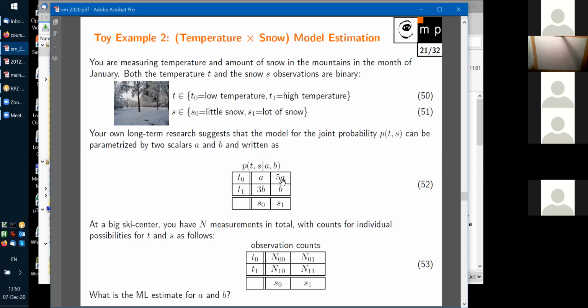So for instance, if A is something like altitude, or maybe which one is this? S1 is a lot of snow, S1 is likely, exactly. So if A, so it's 5 times A, so something which increases the probability, like the likelihood of high snow cover. Now, if you want to figure out these A and B parameters,